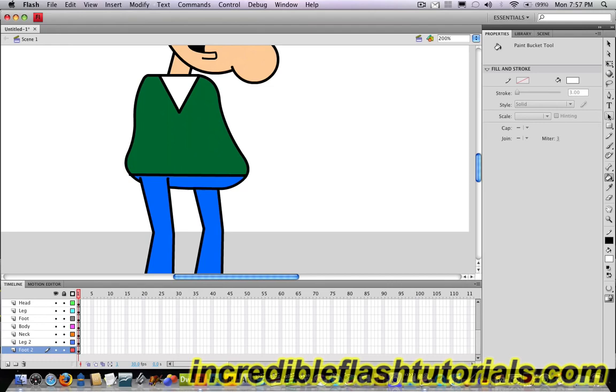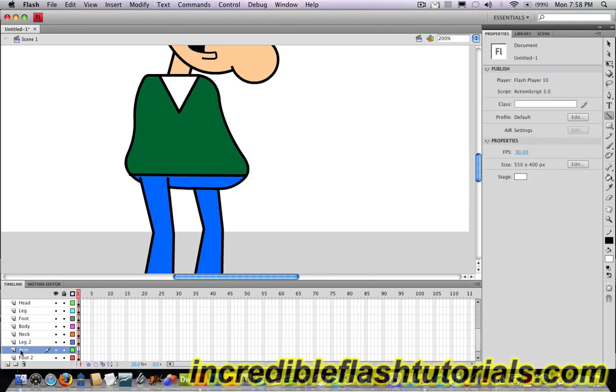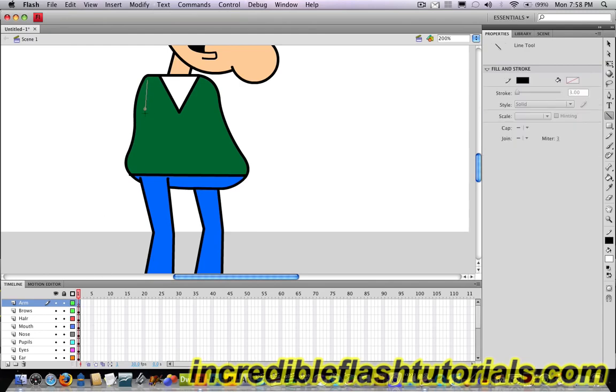So I'm just going to go ahead and click the line tool, and then I'm going to make a new layer and name this arm. I'm going to drag this layer all the way to the top of our layers right away. So it's at the top, we have that layer selected. Now with the line tool, I'm going to go ahead and draw a line kind of going down to right about